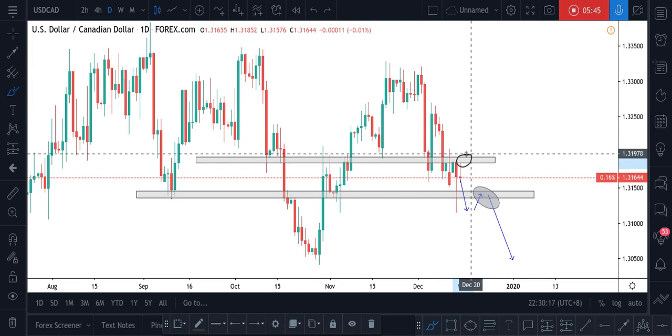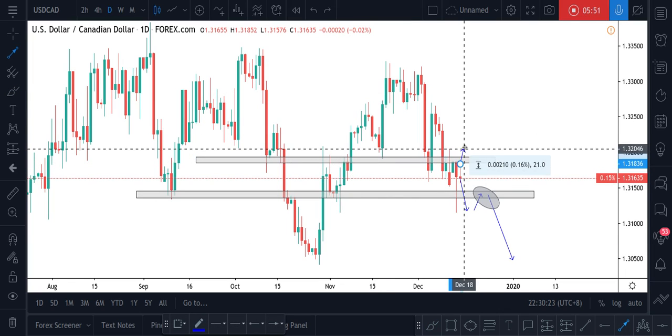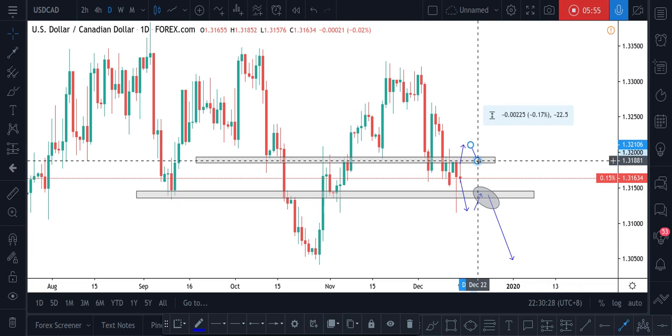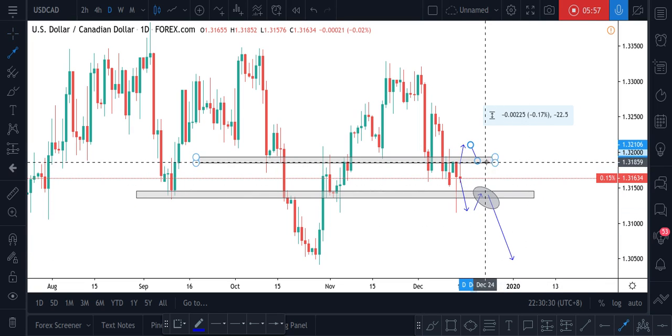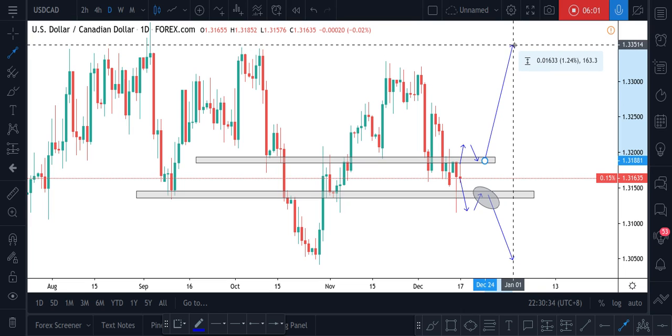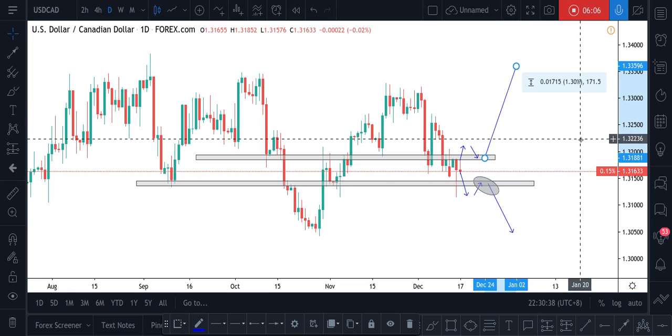So what we are waiting for basically on this pair is either a break to the top, where we will wait for the retest of this area. Once we have the retest of this area, we'll be looking for a buy opportunity with a very, very good risk reward to create a higher high on the weekly time frame. So this is my